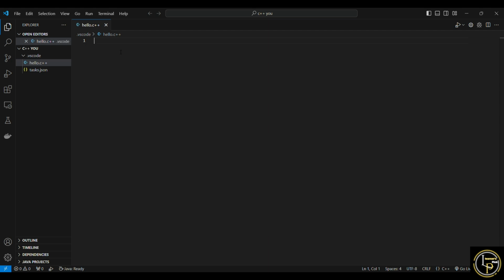So I'm using Visual Studio. If you want to just practice, you can use online compilers, or if you want to do more in C++, use Visual Studio and install the extensions and then run your C++ code in Visual Studio. Okay, so let's start. So the first line we write in a C++ code is